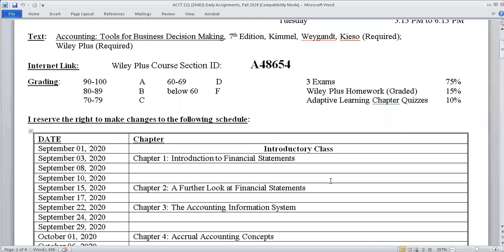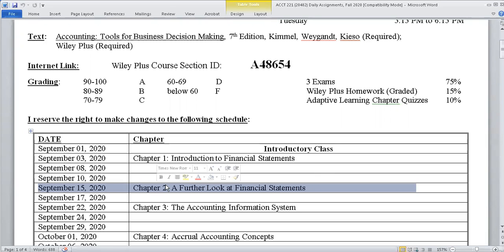All right, so today in the first 15-ish minutes of class, we're going to be wrapping up chapter 1 and getting started on chapter 2. And we'll be spending most of our time today talking about the balance sheet. But at the end of the session today, we're going to spend a few minutes talking a little bit about